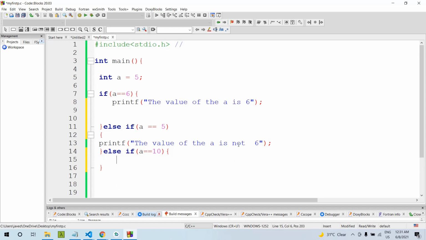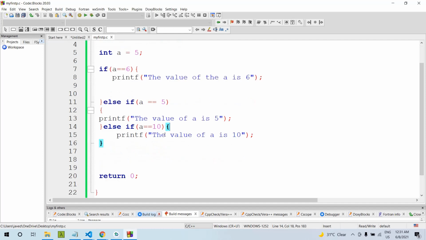If the value of a is 10, this block will execute. If the value of a is 5, this block will execute. Just copy this. Right here, the value is 5. The value of a is 10. Okay. So in this way, this is the if else if ladder statement.